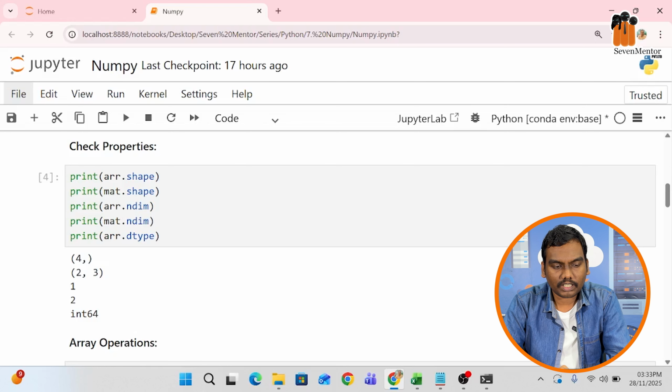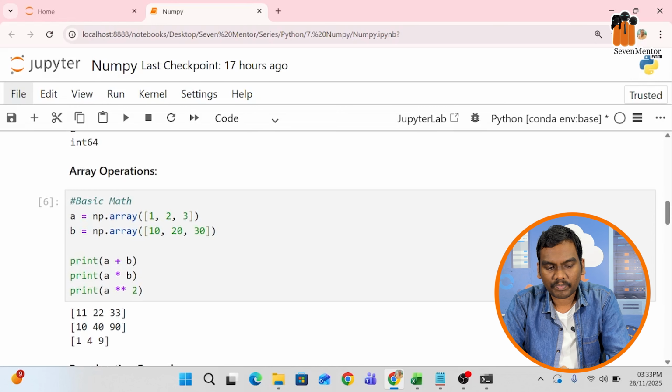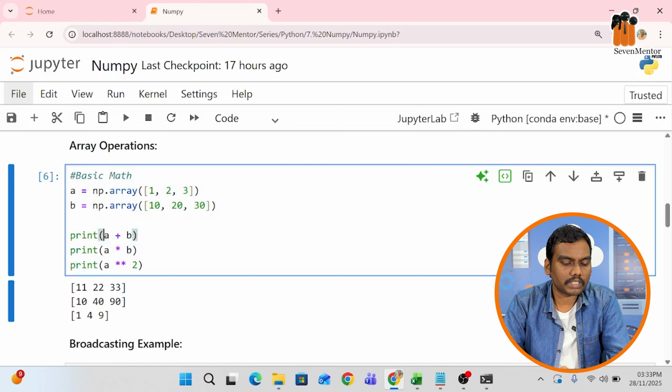Since we are discussing the NumPy library, we are going to perform different operations on arrays. Now let's perform basic mathematical operations where we will add, multiply and take the power of the elements from the given arrays. Consider the first one-dimensional array a with elements 1, 2, 3, and the second one-dimensional array b with 10, 20 and 30. Now if I want to add the elements from these two arrays, simply use a + b. If you wish to multiply the elements, just use a * b.